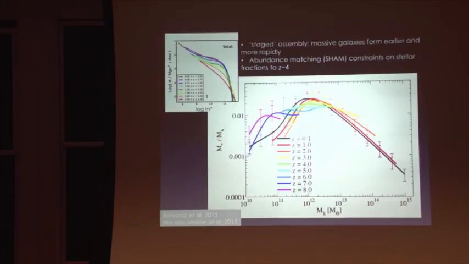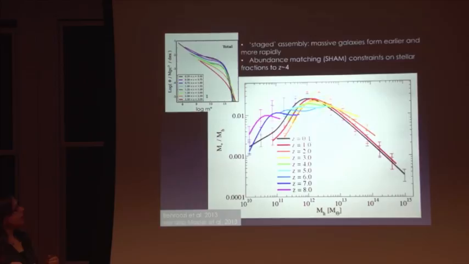So they've formed much more recently. And by asking how we would have to populate dark matter halos with galaxies in order to reproduce these stellar mass functions, we can get constraints on what we call the stellar fraction, or the fraction of baryons in a dark matter halo that have turned into stars as a function of the halo mass. So that's shown here for many different redshift bins. And so this is a very important constraint on how galaxies populate dark matter halos, right?